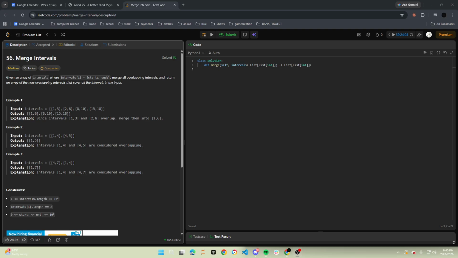All right, today we're going to be doing LeetCode question 56, merge intervals. For this question in particular, it's saying, given an array of intervals where interval at index i equals your start and your end, we want to merge all the overlapping intervals and return an array of non-overlapping intervals that cover all the intervals